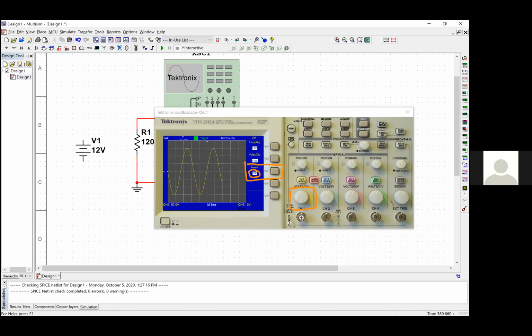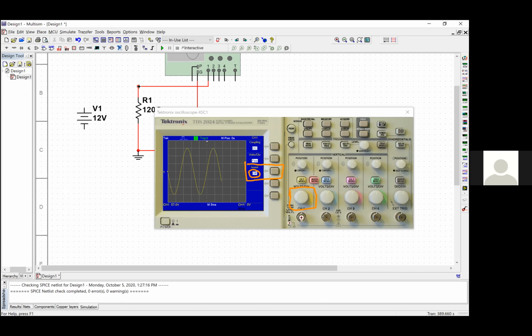Okay, so let me just add the wires now. Okay, perfect. So now when we simulate this circuit,